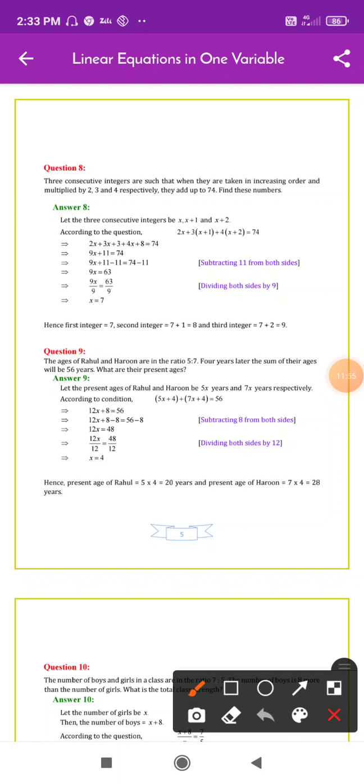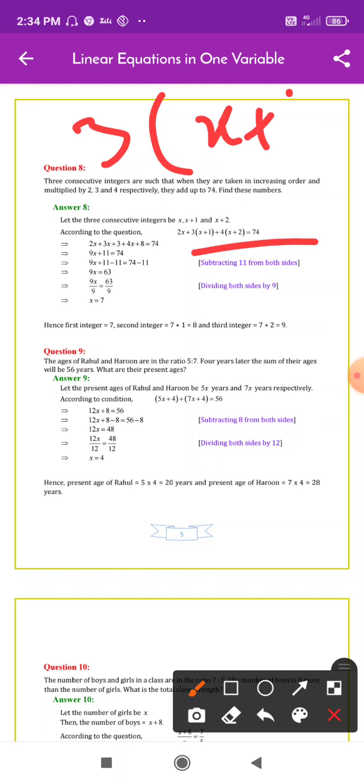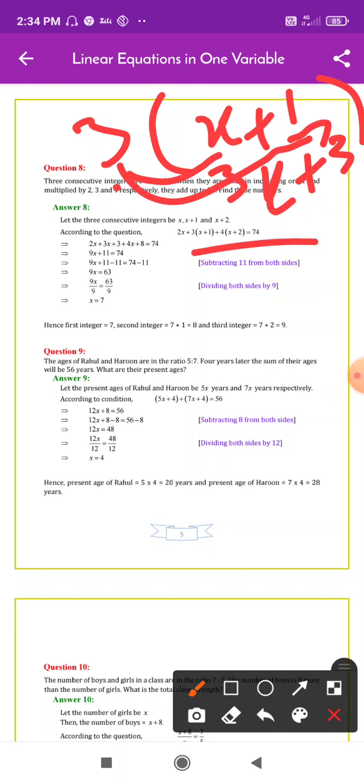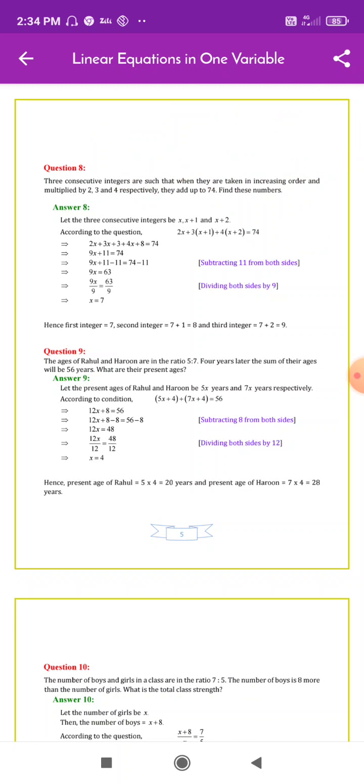See this one first. This one is given, the first is 3 into x plus 1, so we'll get 3 into x is 3x, plus 3 ones are 3. We have to multiply both like that. Okay, we'll get the answer 3x plus 3. Yes, got the answer. Now next, 4 will be multiplied. Now 4 into x is 4x. Yes, then 4 twos are 8, plus 8 will become, here it is given in the question. Now it is given 74.